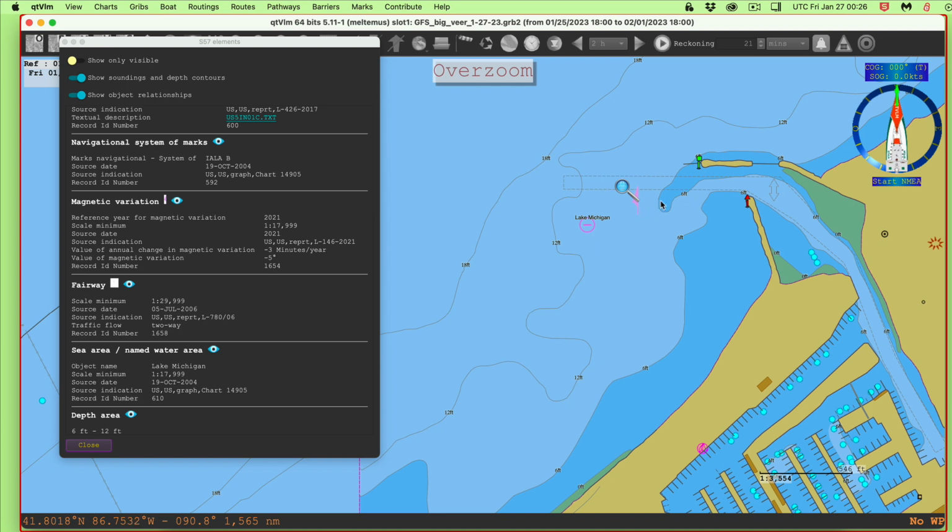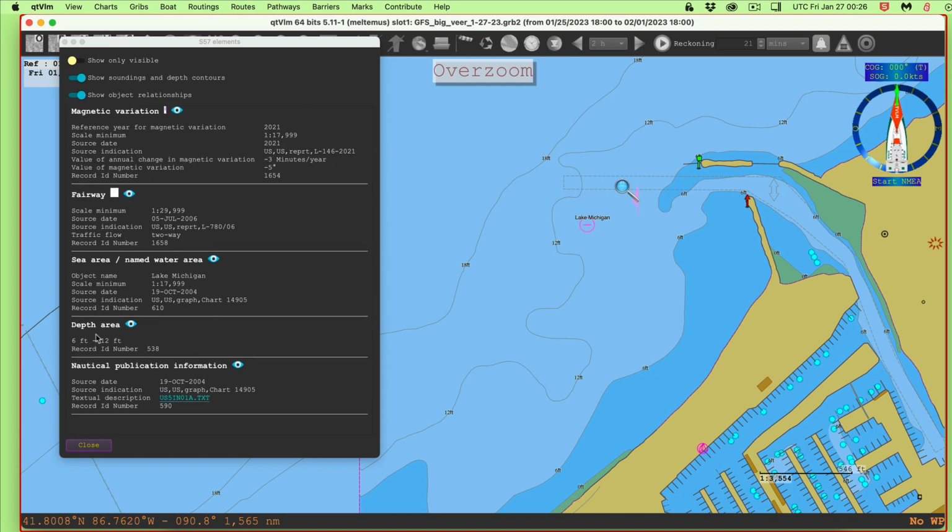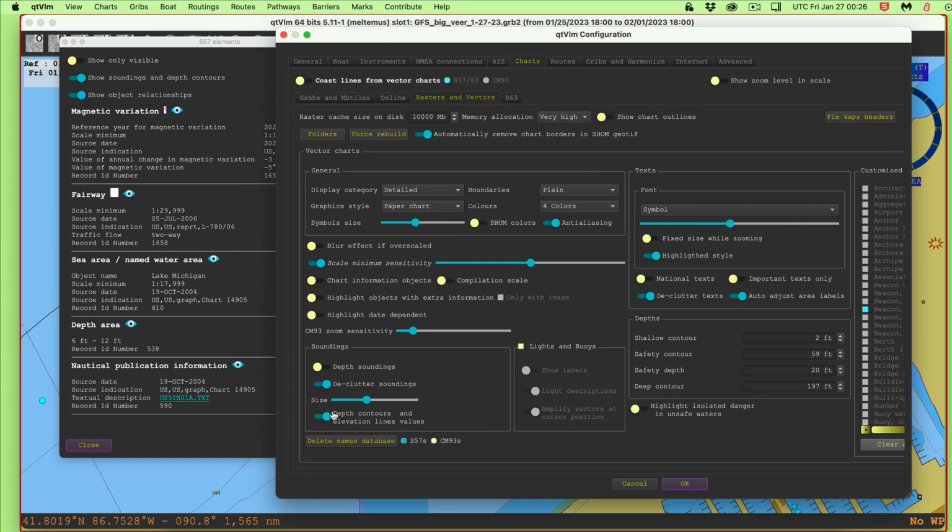Depth area in ENCs is that between this depth contour and this contour. Looks like it's 6 to 12 feet. Now we're over here, here's depth area, and it's reminding me I'm in a depth area of 6 to 12 feet, which in this case I can see because I have the contours labeled. Now that's something you could have turned on or not turned on. You see depth contours